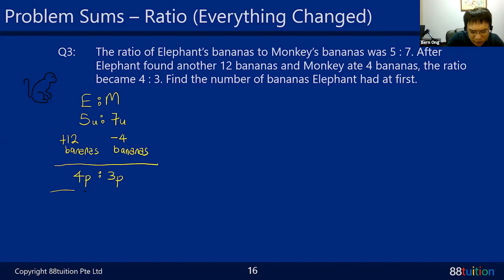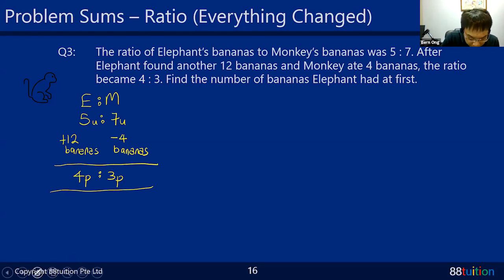Okay, once again, this one is not what? This is not total unchanged. This is not single unchanged. Both of them are changing. Total unchanged means they have to do an internal transfer. It's also not differences unchanged, which means the numbers are not the same. One is a plus 12, one is a minus 4. Can you see or not? So these are not total unchanged, single unchanged, or differences unchanged. It means everything changed. So you must know it will result in this type of method.